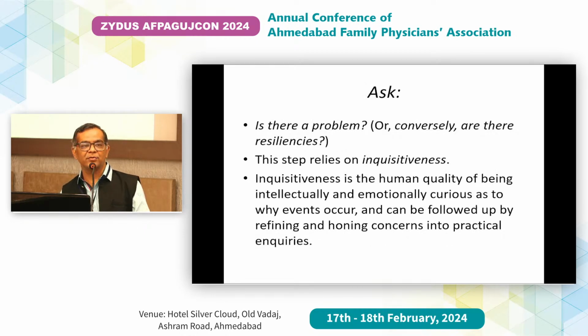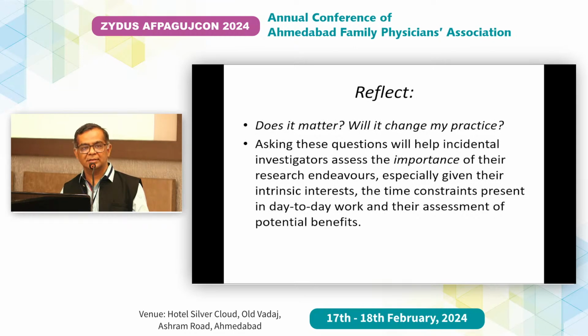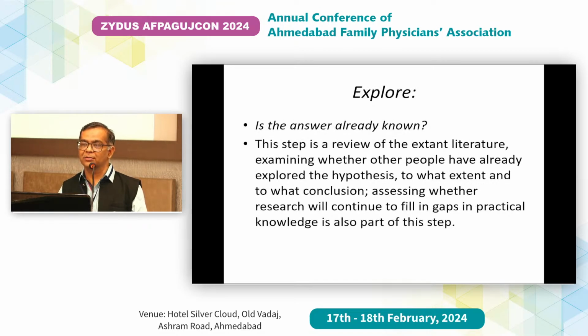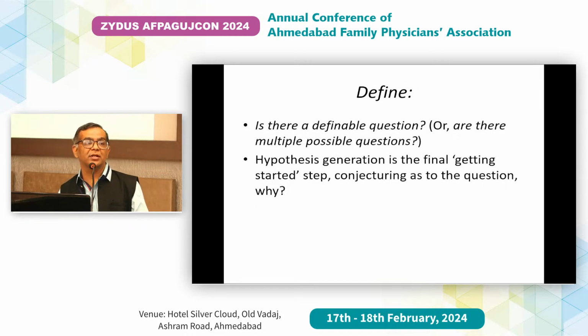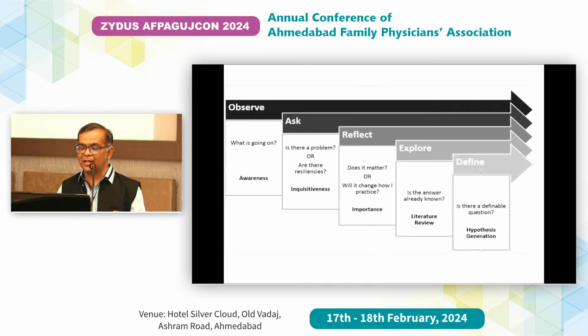Ask yourself a question and if you are not able to answer it, ask somebody else nearby. जैसे हमने बोला, रिफ्लेक्ट करो उसके ऊपर। The next is explore literature: search, as I said, PubMed, Google Scholar, यहाँ पे भी करना है। और बाद में आपका क्वेश्चन डिफाइन करो कि ओके, ये सब करने के बाद मुझे पता चला कि इसका आंसर हमको नहीं मिल रहा है। तो ये 5 स्टेप में आप पास होंगे: ऑब्जर्व करेंगे, 2 लोगों को पूछेंगे कि मुझे ये ऐसा लग रहा है, आपको ये रूटीन होता है ना,